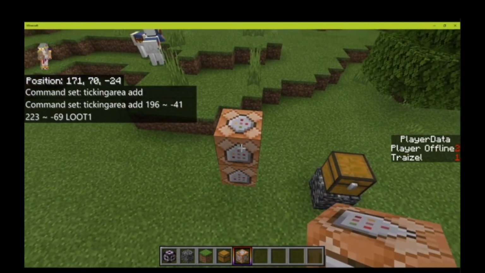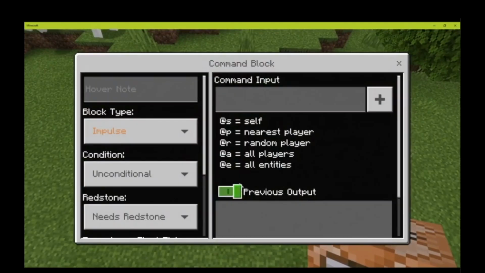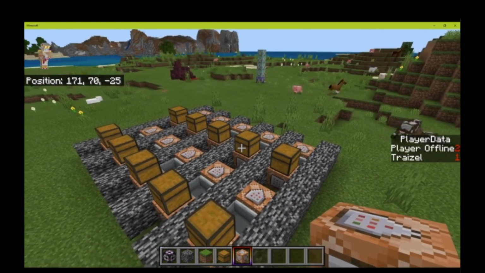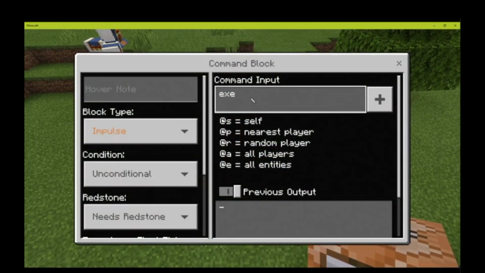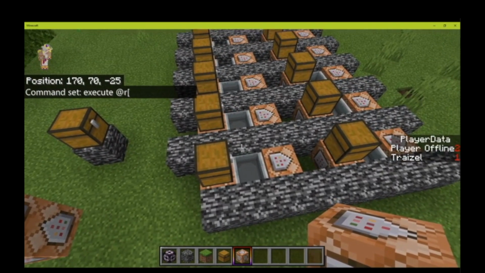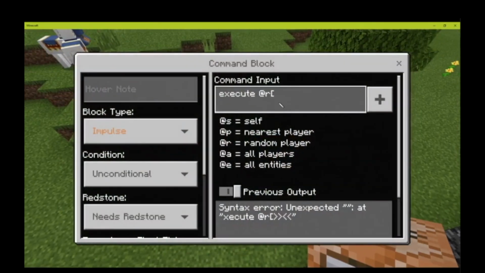You want to add a second one. This will be for the first chest. The first command is going to pick one of these chests at random. So you're going to execute at a random minecart. This is where, if you're using armor stands, you'd say armor stand, not minecart. But because I'm using minecarts, you want to use minecart. So at R,